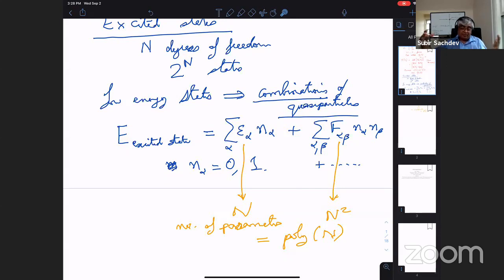And that's kind of where we want to go, is to understand how we describe these fractionalized states and the fractionalized quasi-particles. So let me just write that down here.